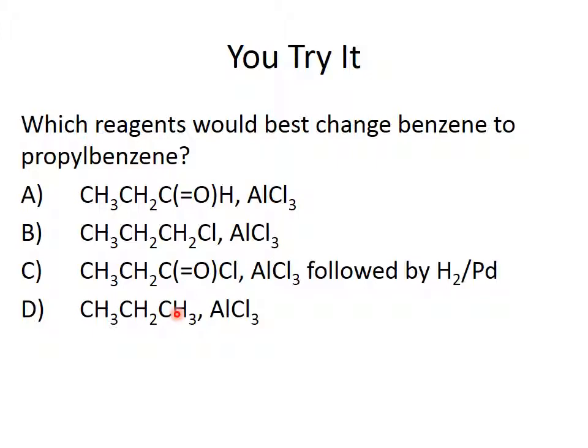If I look at the bottom one, there's no chlorine on this to be abstracted by the aluminum chloride, so this will not add anything to the ring. C is a Friedel-Crafts acylation. It would easily add to the ring and only once, and then if you follow it with hydrogen and palladium, you would get reduction just to the propyl group. So this is